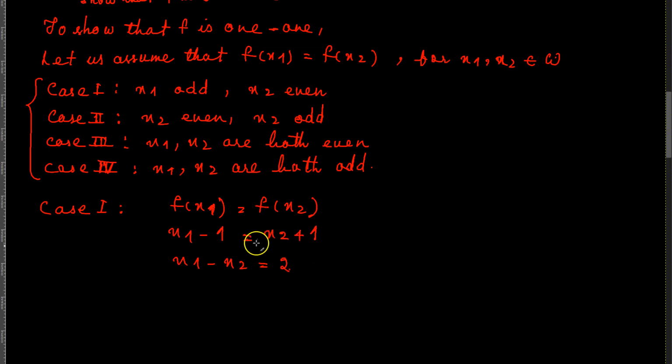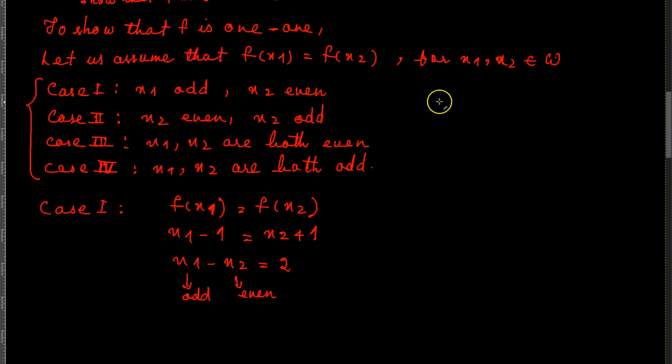Now, over here, what we have is that x1, which is an odd number, x2, which is an even number, and the difference between these two numbers has become an even number. So if you examine this a little bit, you will see that this is actually not possible, because